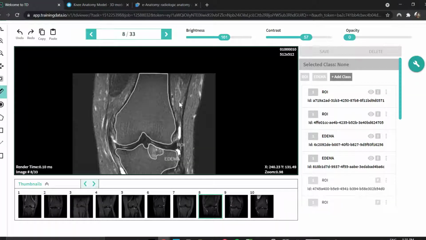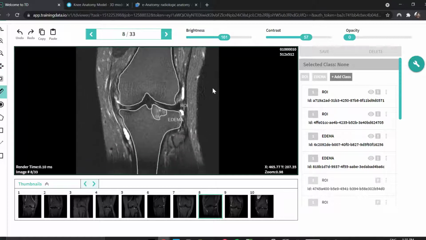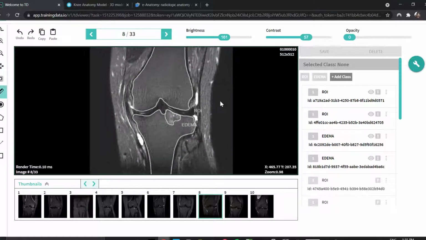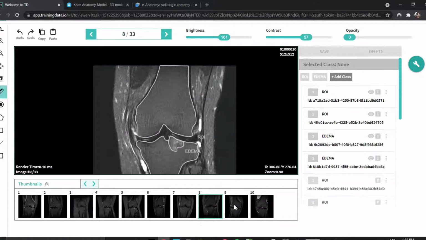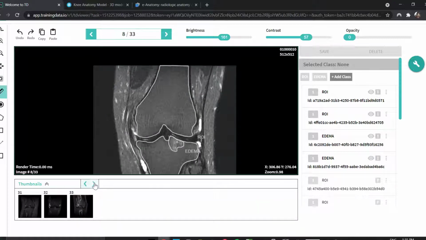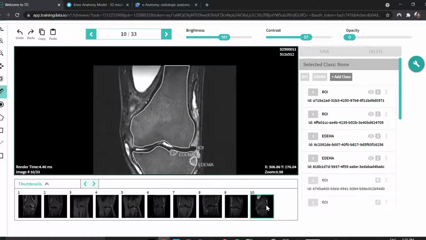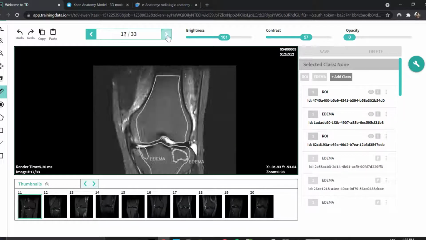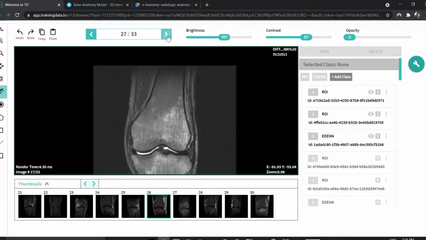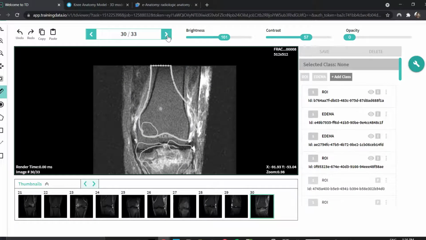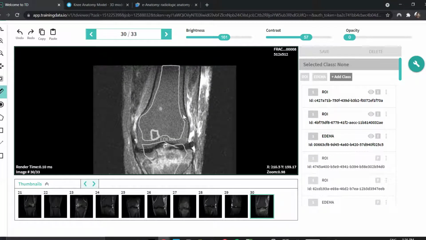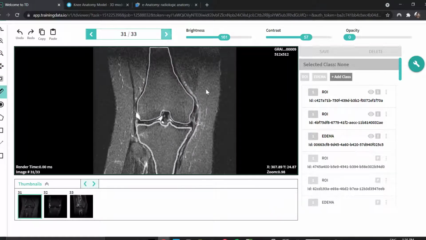This is the interface that you will have, and in that interface, you can just use the pan function and move around the image, and then you can always draw a line. All you have to do is draw a line around the area of interest. For example, let's go to image number 30 or whatever, which is not selected, not really worked on. So here you can see that this image is not that clear, but sorry, let's take this image.